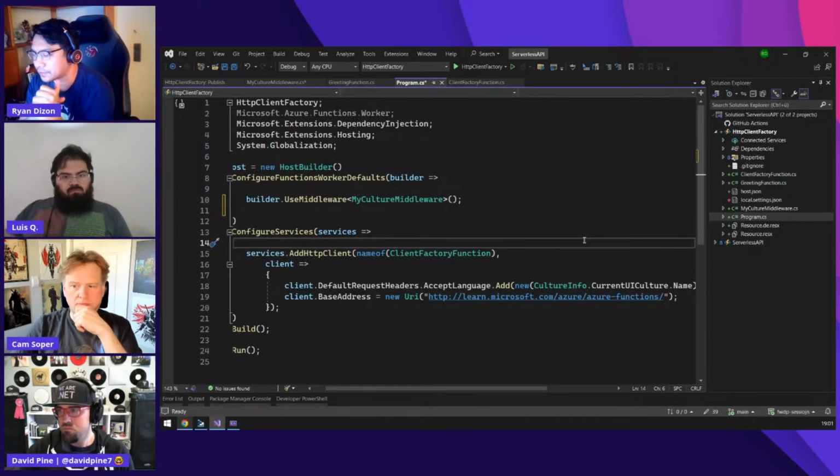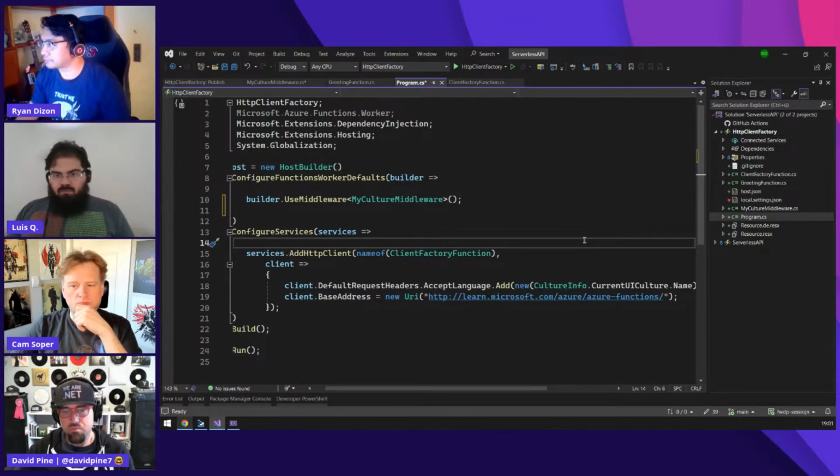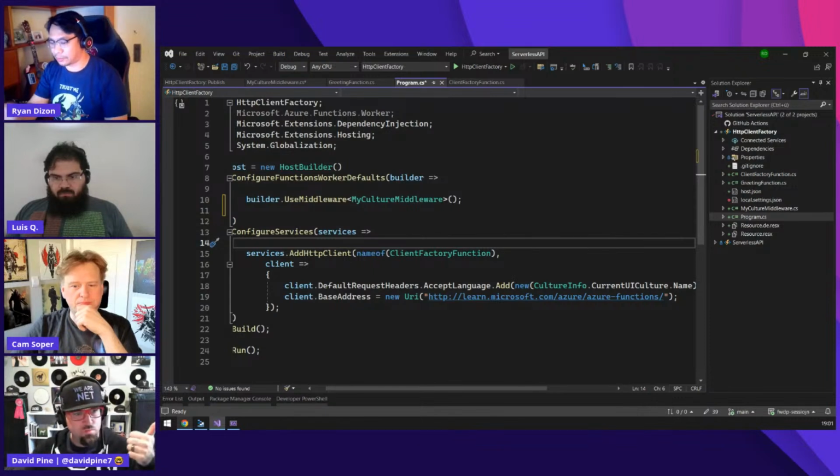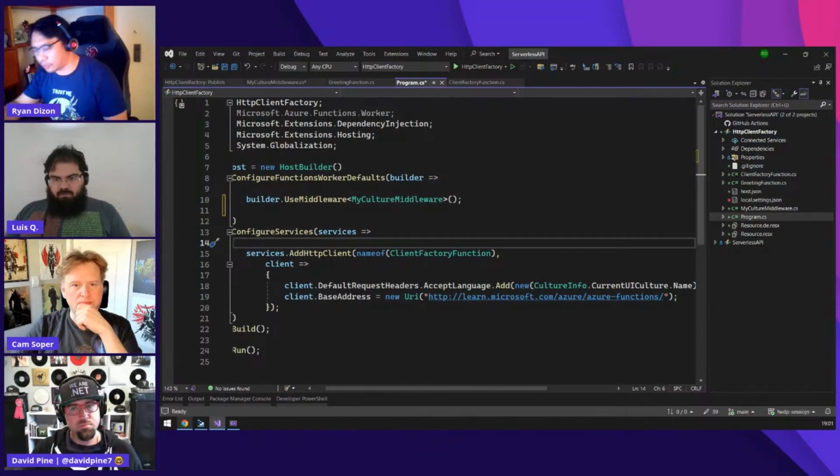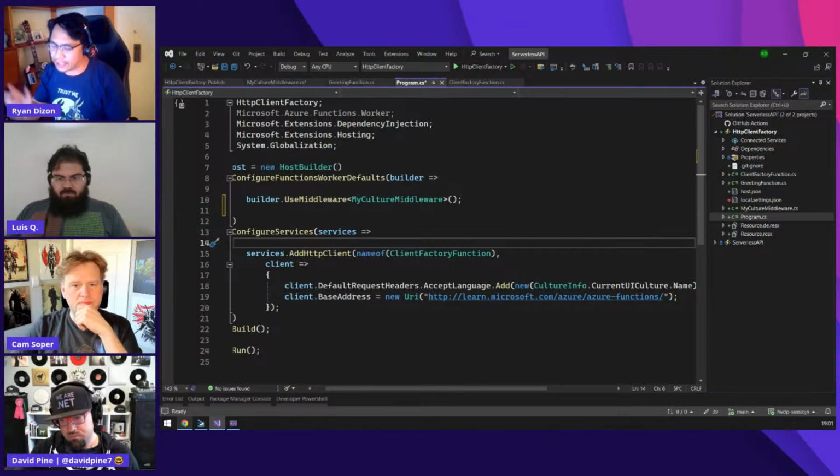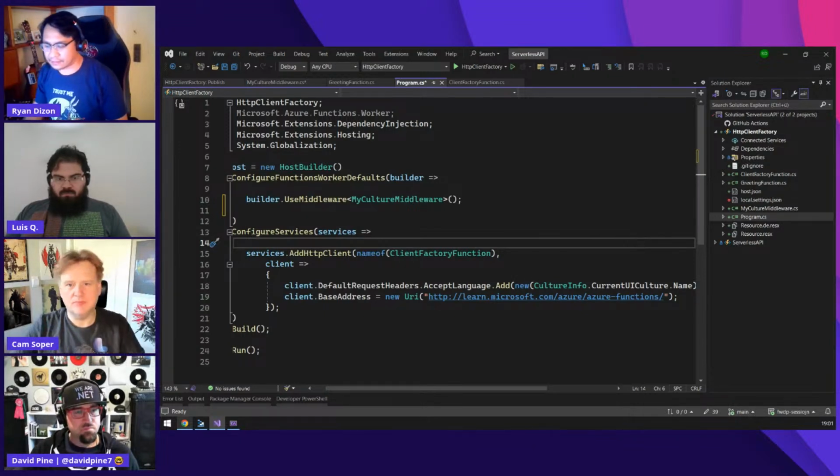That's a really good thing also, and it didn't exist before. So basically, OpenTelemetry is equivalent to having Application Insights for your Azure Functions. That's it for that one.